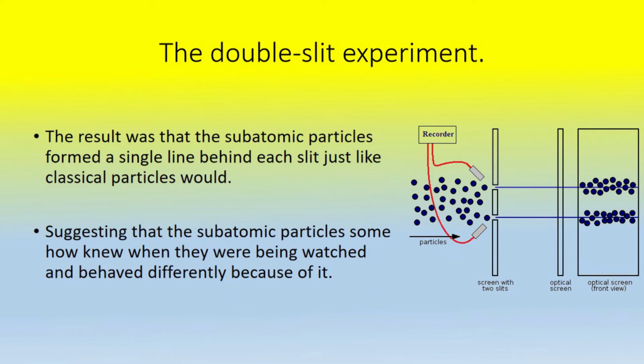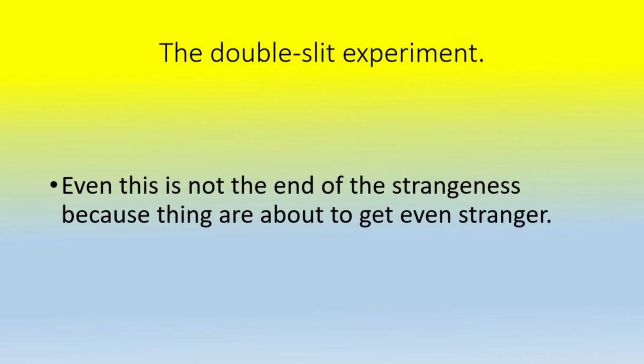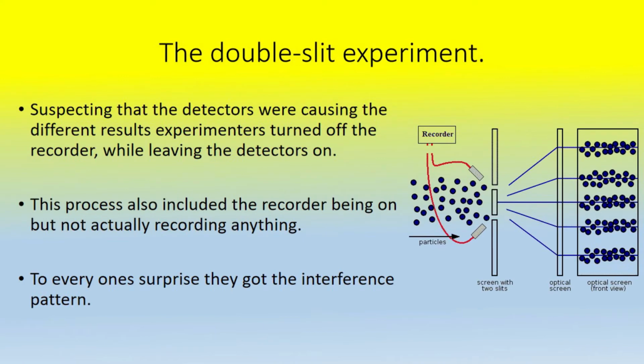The result was that the subatomic particles formed a single line behind each slit, just like classical particles would, suggesting that subatomic particles somehow knew when they were being watched and behaved differently because of it. Even this is not the end of the strangeness, because things are about to get even stranger. Suspecting that the detectors were causing the different results,